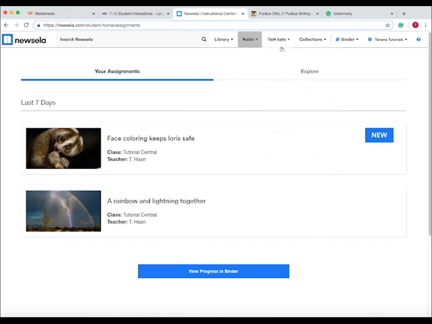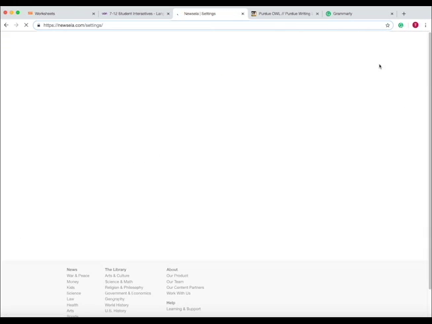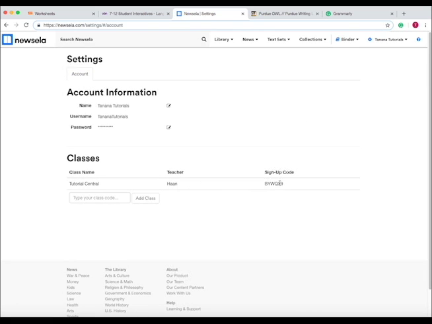Newsela, this is the student view. So I'm in a class right now, and we can see what classes I'm in by going to the icon with my name in the top right corner. And then this is a sign up code for a class I'm in, which is in Tutorial Central, and I'm the teacher. So then if we want to go back to the assignments that I have, I press on the home